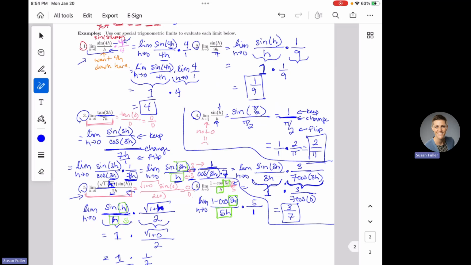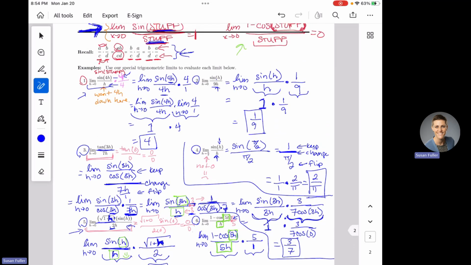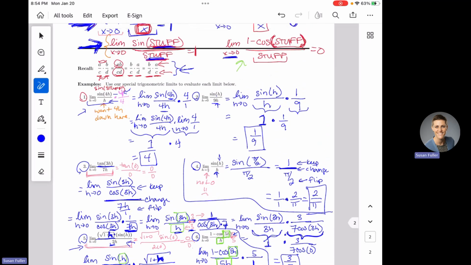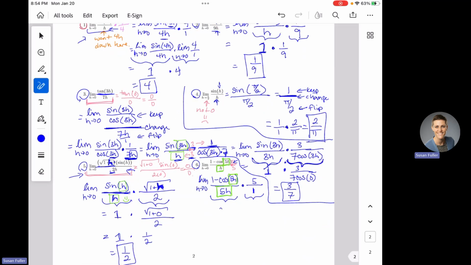And now if I'm doing the limit of a product, I'm going to do the limit of the first thing times the limit of the second thing. The limit as h goes to 0 of 1 minus the cosine of some stuff over that same stuff. Notice this is going to 0. This stuff matches this stuff. I can use a gift. That limit is 0 this time. It's not 1 anymore. The cosine limit is 0 times the limit as h goes to 0 of 5, which is just 5, and 0 times 5 is 0. So that is the limit that I get out from number 6 here.